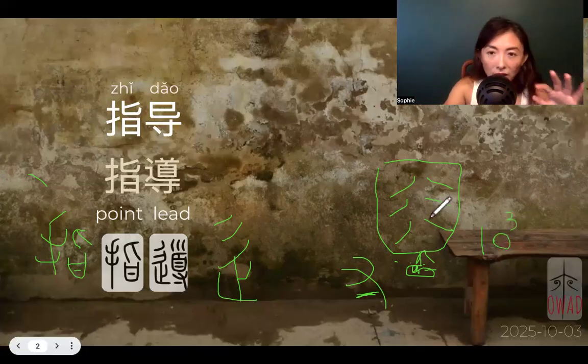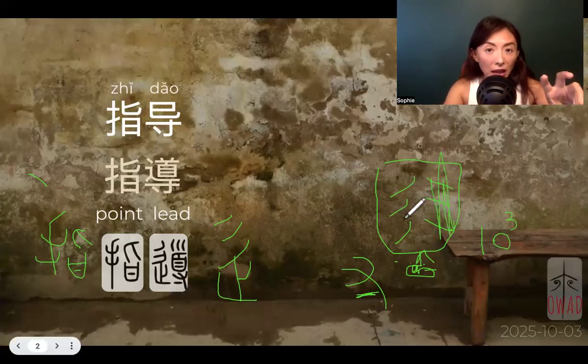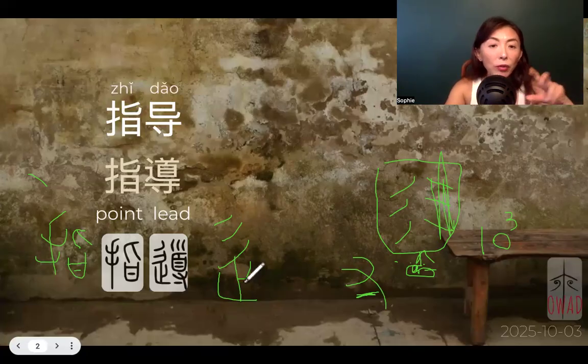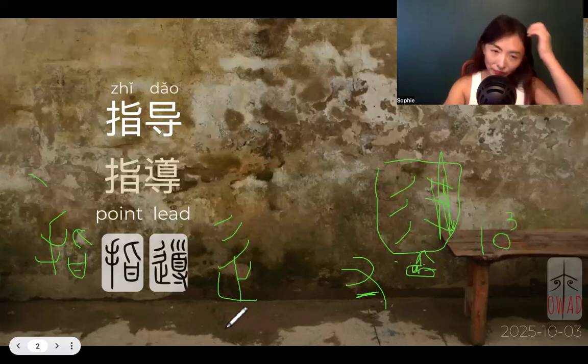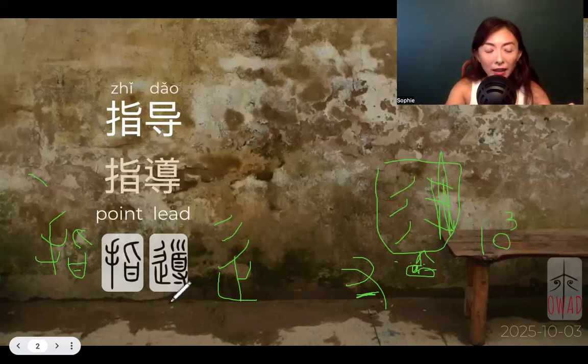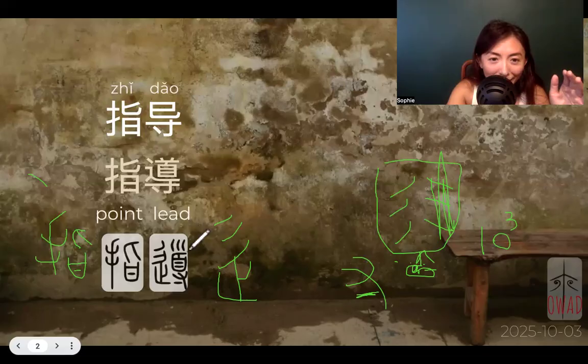So it means lots of steps moving through space, and eventually we get rid of the right side. And this is too much. We just keep the left side marks, attach it to the foot symbol to make the whole thing mean walking. So this walking sign, and then we have here, okay,